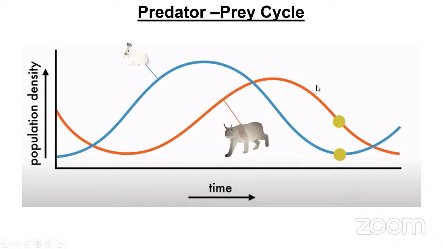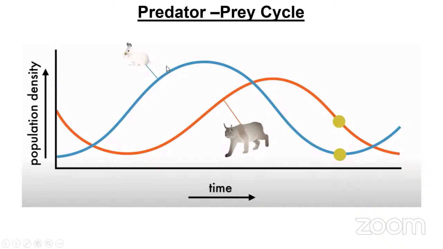So their number also will start to decrease. Once the predator number starts to decrease, the number of prey will slowly start to increase again. So there is a constant cycle between predator and prey numbers, and you can see how they are